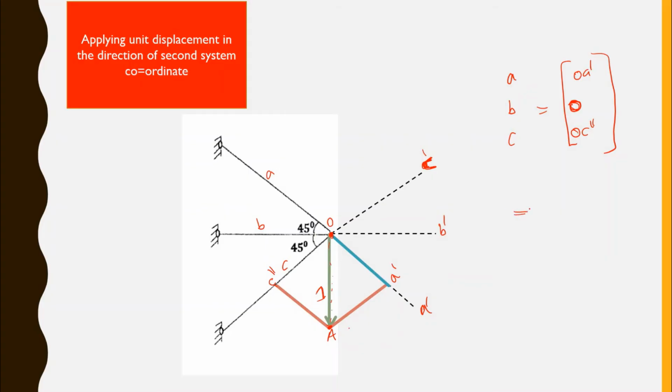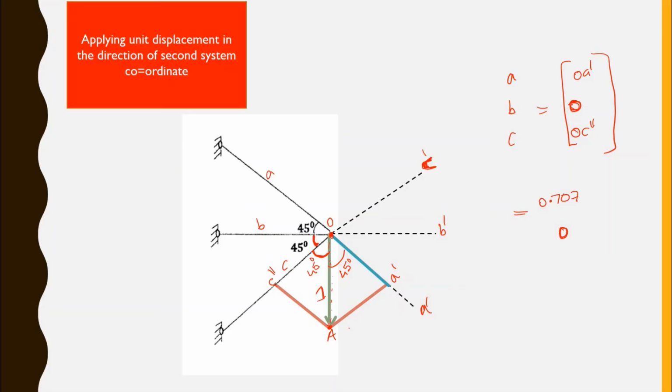Okay, so the length OA dash, which is also 45 degree, since the total angle is 90 degree and we have 45 degree here, so this will also become 45 degree, and similarly this is also 45 degree. So we have the length OA dash is 0.707. Since it is measured along the extended line itself, it is positive. And OB dash, since the line coincides with BB dash, when I draw a perpendicular from point A to BB dash, it will coincide at O, which can be measured as 0.